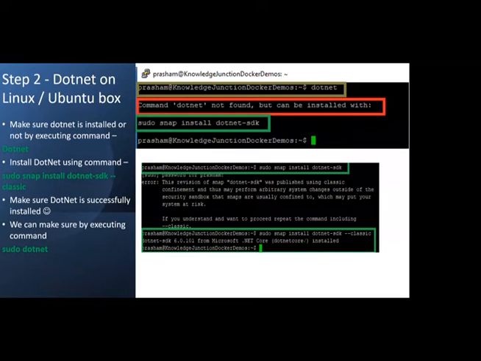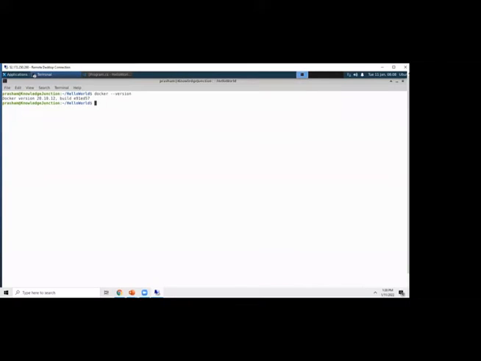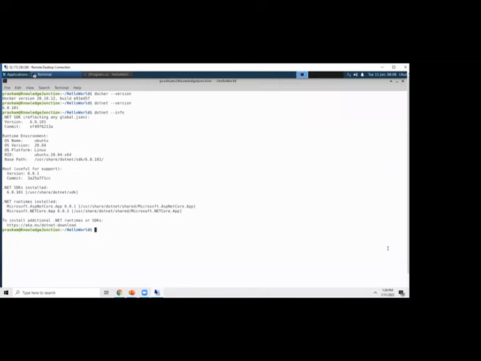Once we have that, the same step applies for .NET. For .NET, the snap is dotnet-sdk. To check, we already saw we could use the dotnet --version command, or the info parameter. dotnet --info shows me that .NET Core is installed on this virtual machine.